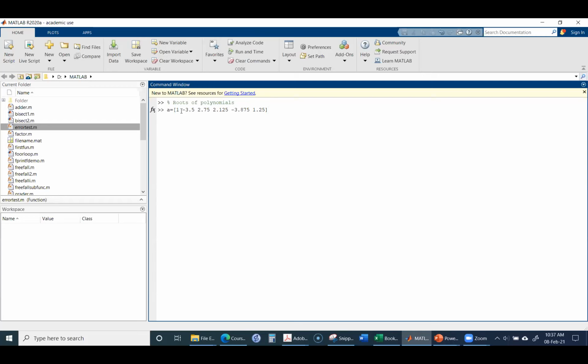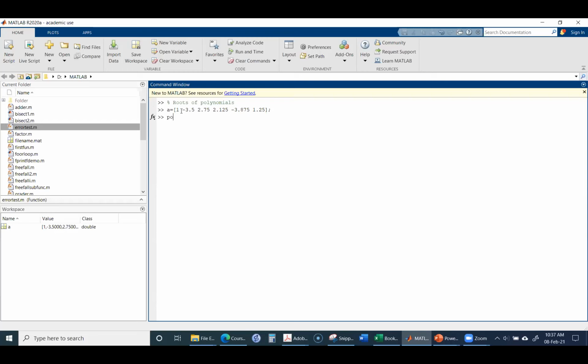So a polynomial in MATLAB can be represented by its coefficients. If you write the coefficients of the polynomial in the form of a vector in square brackets, then we can represent that polynomial and perform calculations on it. In this way, I have represented this polynomial by the vector a. If I want to evaluate this polynomial for the value of x equal to 1,